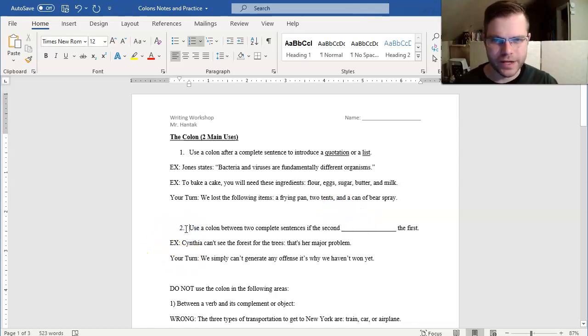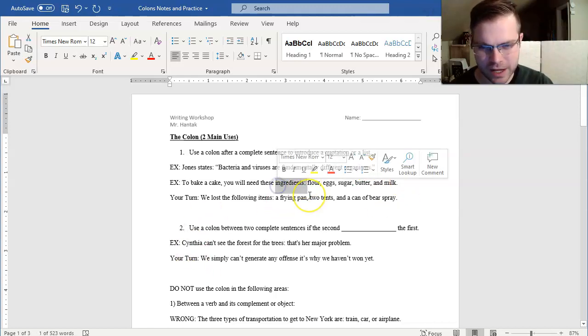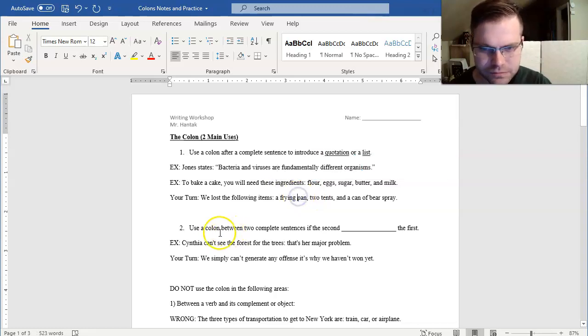The only other major rule for colons, now I should say 90% of colon usage in the English language is used for rule number 1, introducing quotes or lists, especially lists. Once again, if you're going to introduce a list, use it after a noun like ingredients or the following items or something like that. The other 10% of colon use is rule number 2. Use a colon between 2 complete sentences, 2 clauses, if the second one clarifies